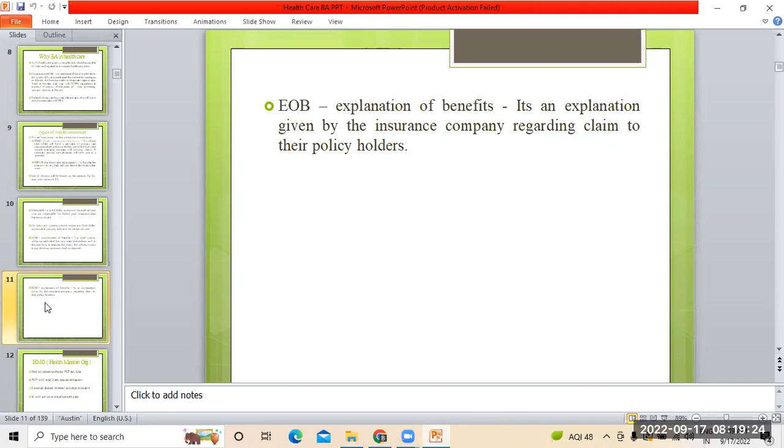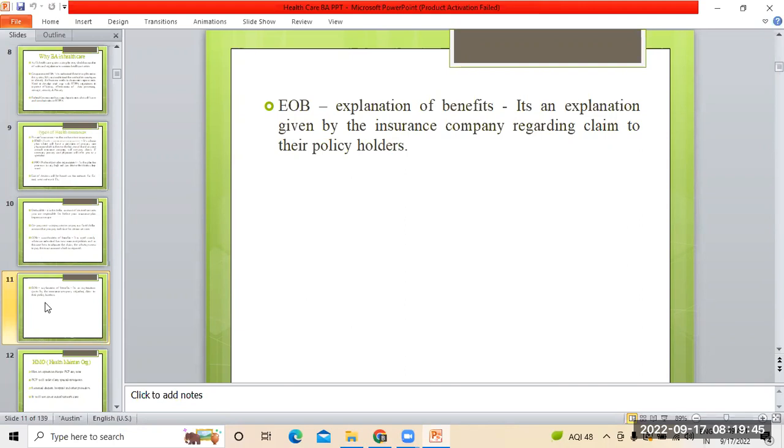Whatever the packages and services are, they may not be equivalent to what is offered outside. Because normally insurance companies are tied up with different organizations,